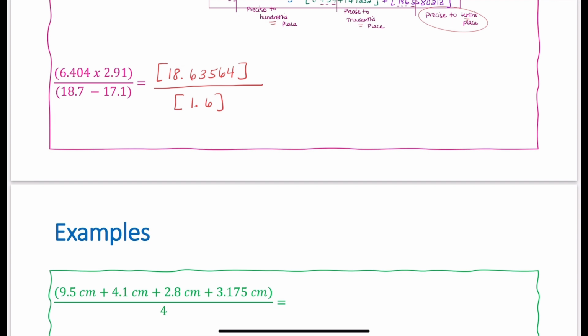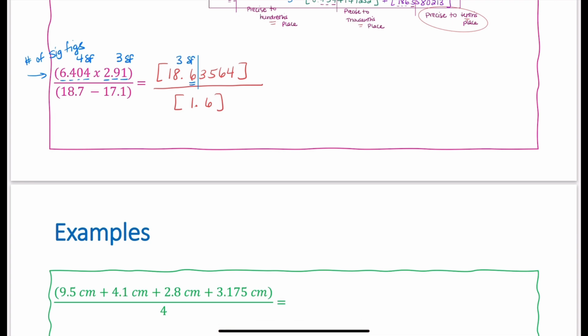Now I'm going to look at sig figs. In my numerator, I am doing multiplication. So here I am going to look for number of sig figs. My final answer will have the least number of sig figs. 6.404 has 4 sig figs. Again, captive zeros, meaning zeros trapped between two numbers, are significant. 2.91 has 3 sig figs. So when I do the numerator, my sig figs are here at 18.6. I'm not going to round yet, but I do know that I only have 3 sig figs